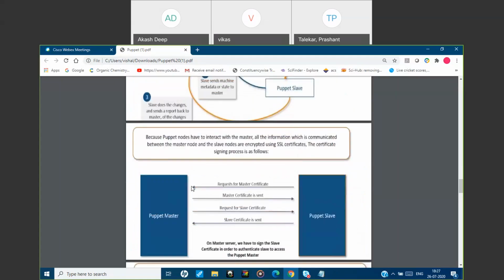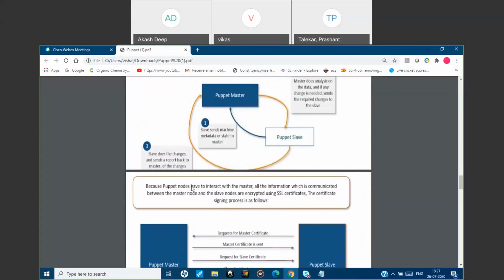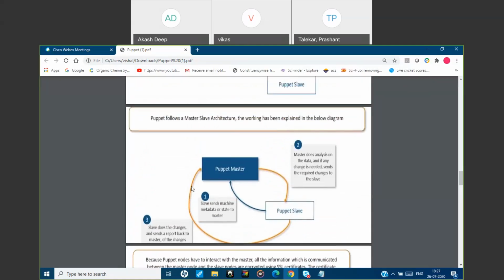Okay, so without wasting any more time, we'll grab two EC2 instances from the AWS console, and we'll try to configure this. Whatever we have talked about, we'll try to configure as a part of the Puppet master and slave. Right.